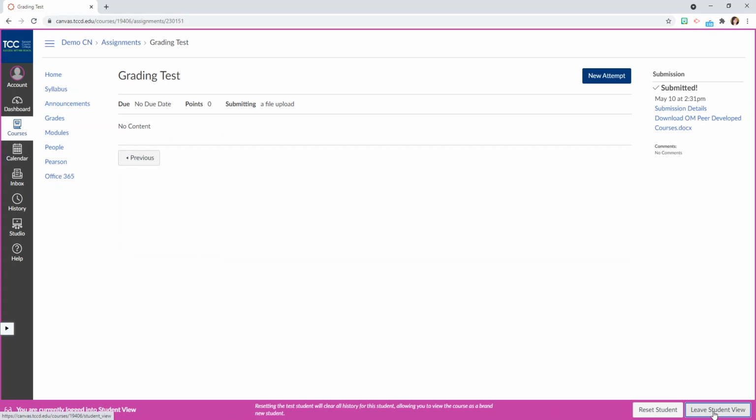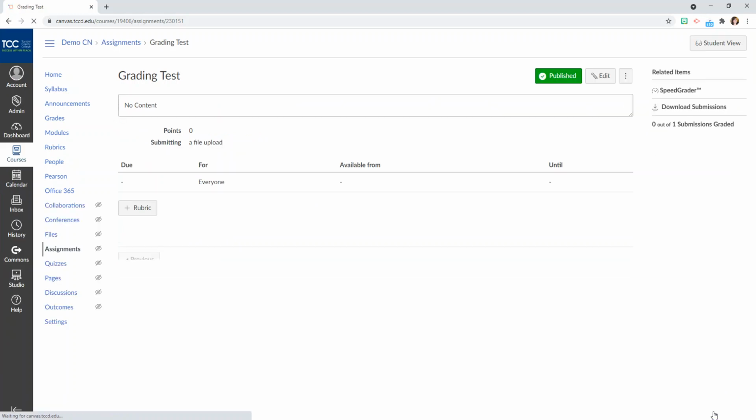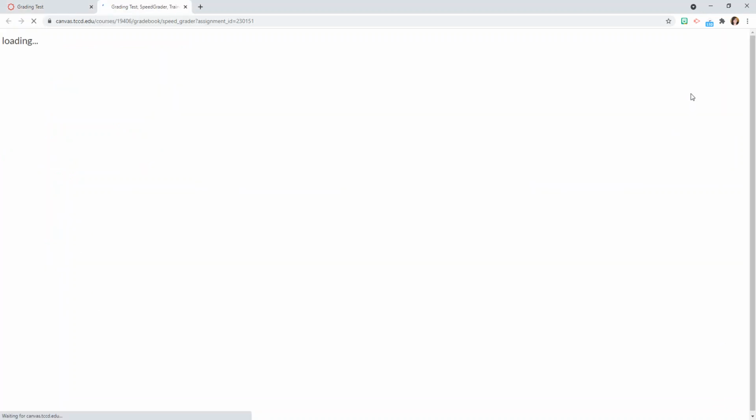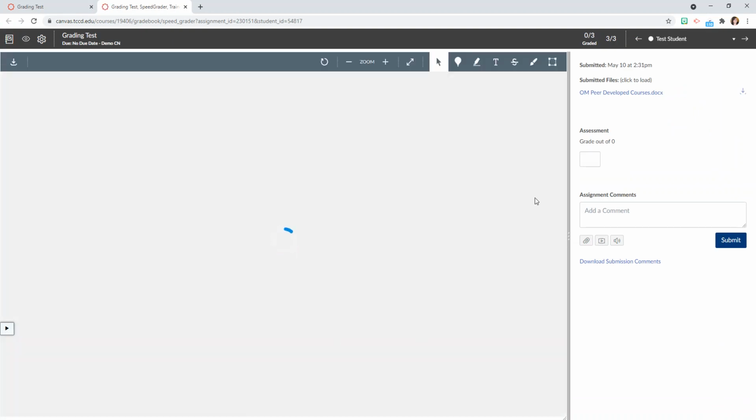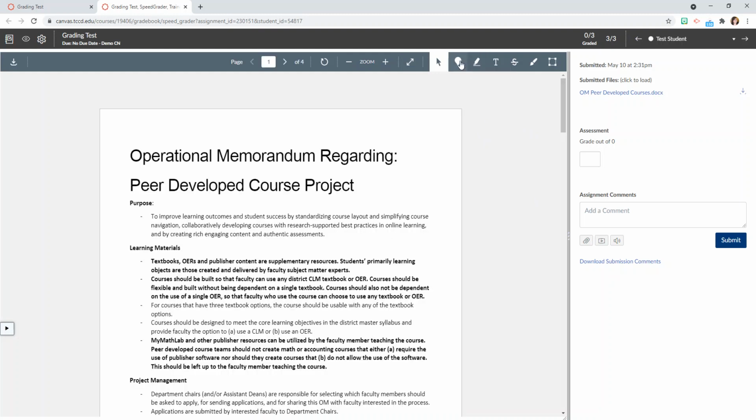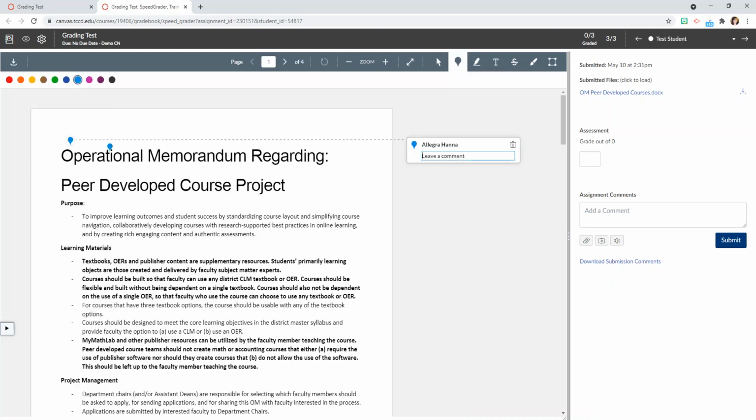So you see the same thing that your students would, that you've got a successful submission right over here. So then you leave Student View, and you're back in the Faculty View, and you see there is an ungraded submission right over here. So open it in Speedgrader, and you will see the document that you uploaded, and you can test out the functions